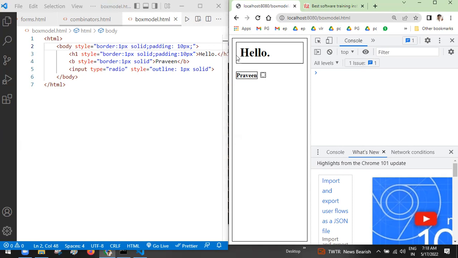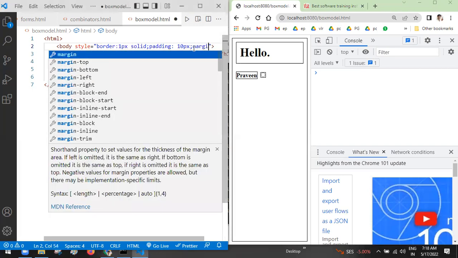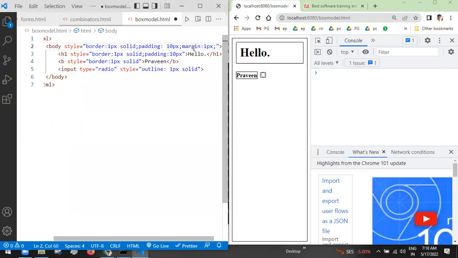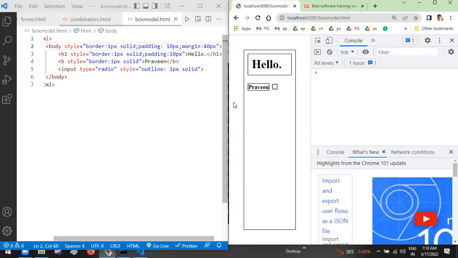But you can have one more space that is outside the border, not inside the border. Outside the border also you can keep some space. That is possible by margin 10px or 40px. Suppose, imagine. So we got this much space from body to outer part, and that happened because of margin 40px. Suppose I make it 0,